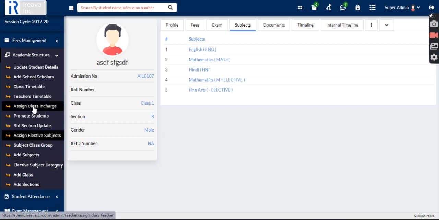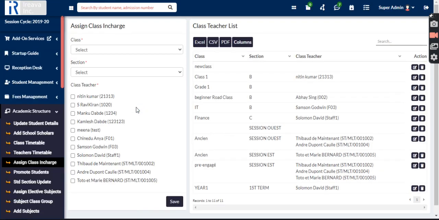Now next is assign class in charge. Here you need to assign the class in charge of the class, the teacher of the class. There can be multiple, but generally we have a single class teacher. So the basic reason why we assign this thing: